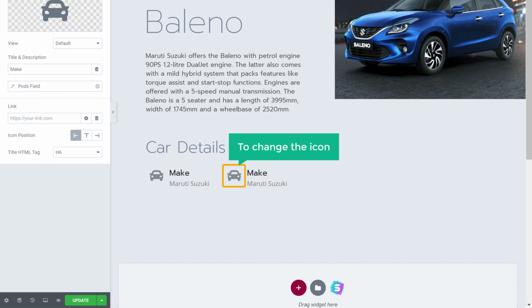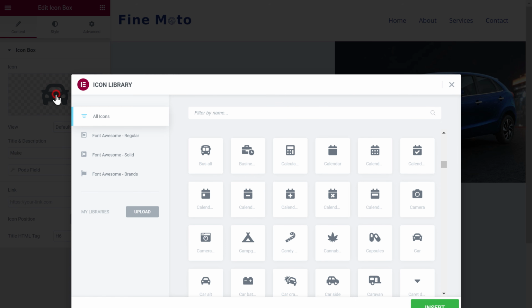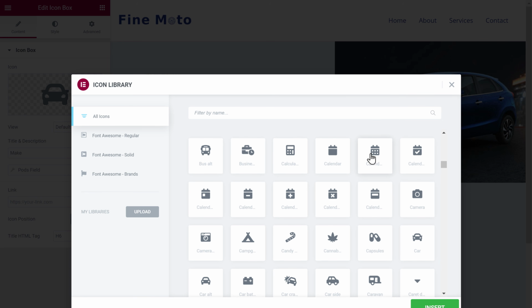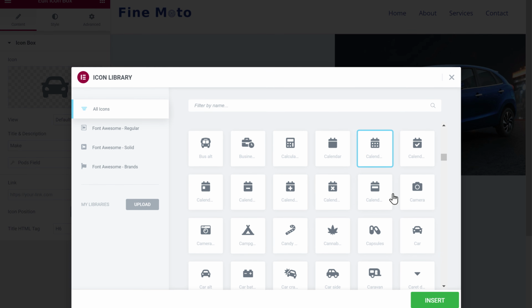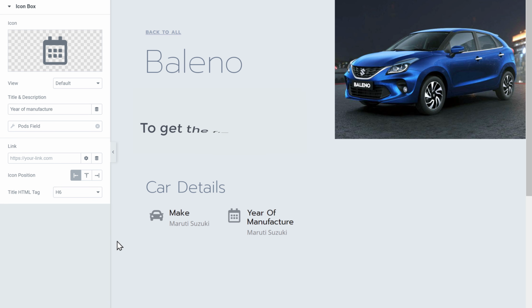Now to change the icon, as we did before, let's click here and then choose the icon you want. And then change the title from here. Now to get the field detail, click this symbol.